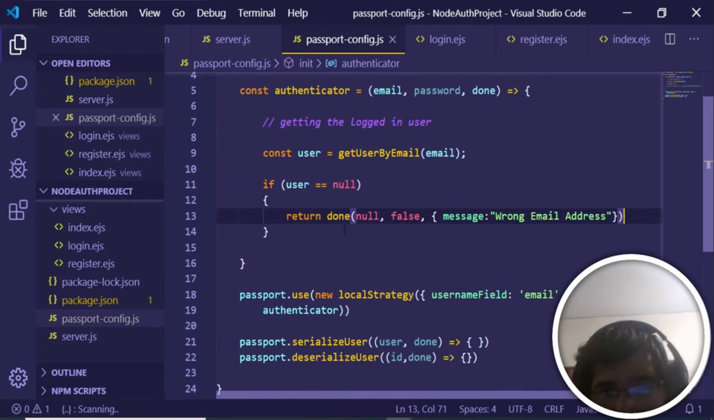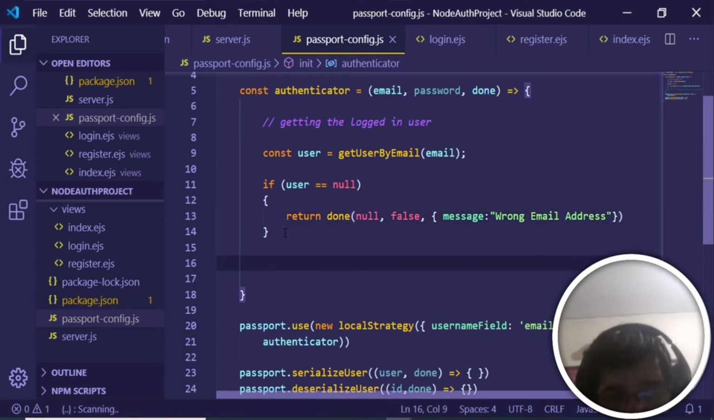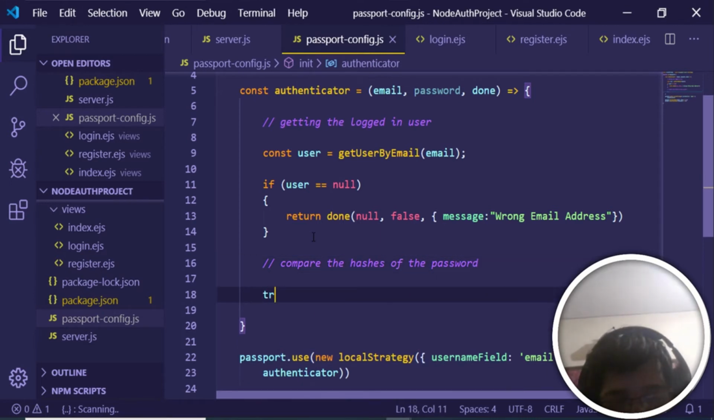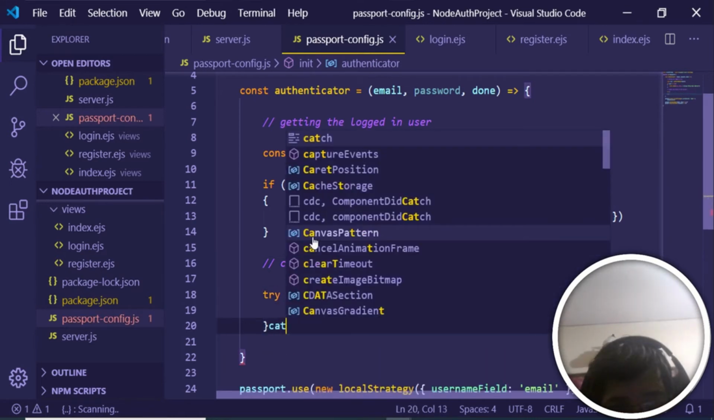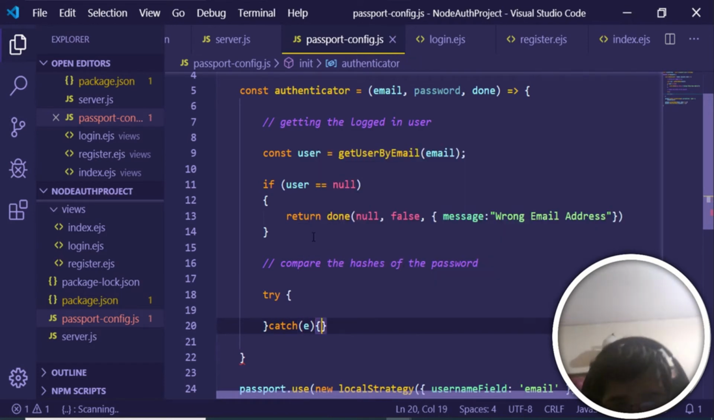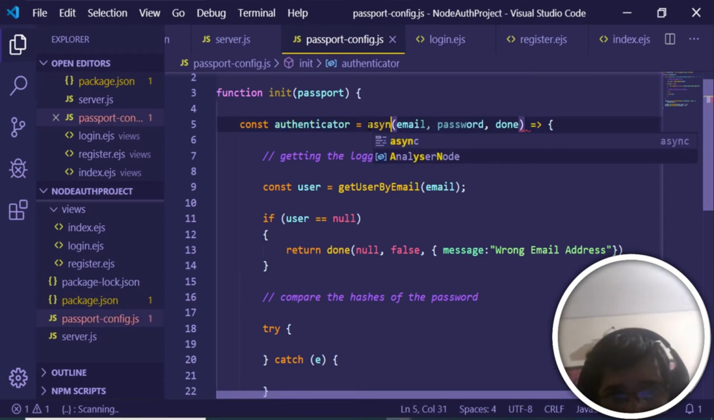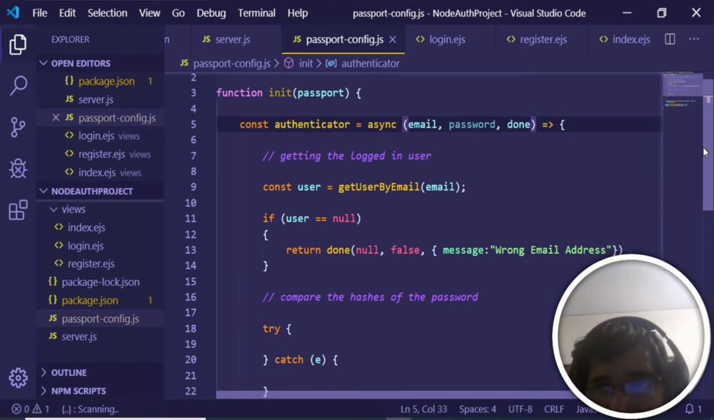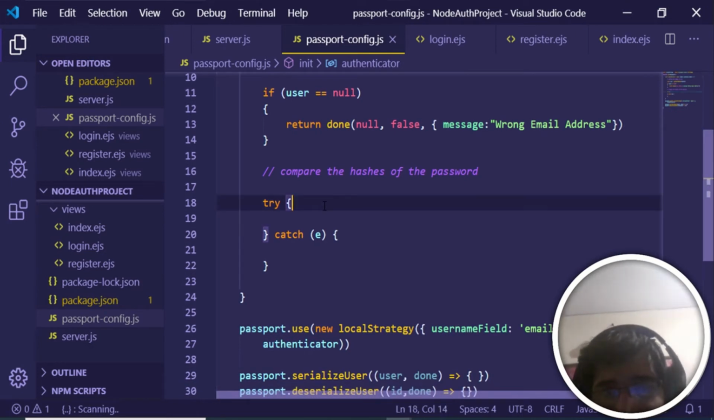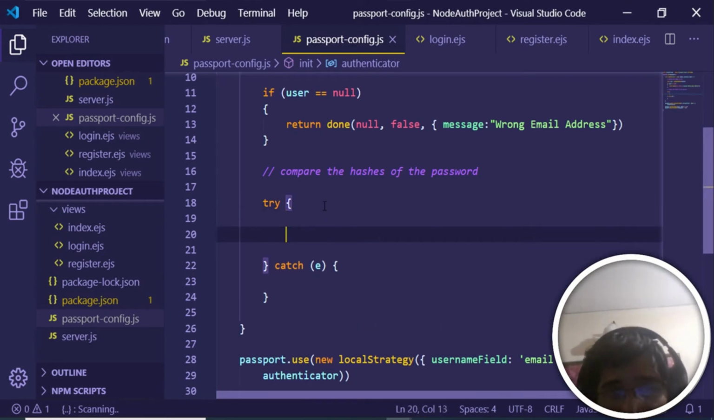So now after comparing the email address, if the email address is correct, then we will be having our check to compare the hashes of the password. So right here we will be having a try catch. So inside try catch we will be having an error. So we will be catching that error. So first of all, make this async. This function, we just make this function as async because we will be using await. So right here in the try catch, first of all we will be comparing our password. So right here in the if condition we will check await, just write await, and here we will be writing